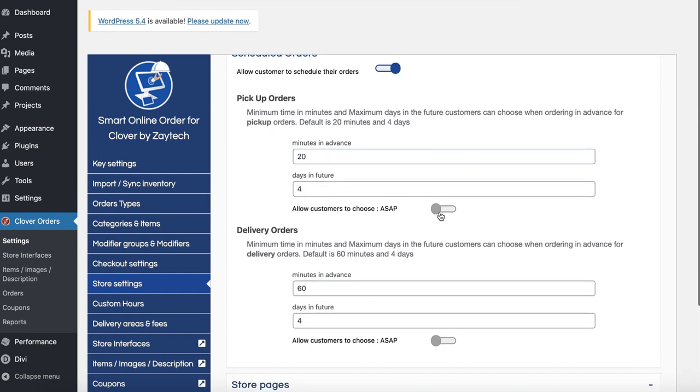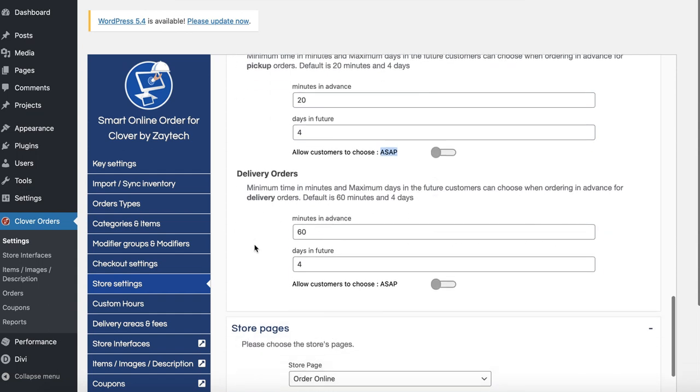This one, be very careful with this because ASAP can mean two different things. It could mean 2 minutes to the customer, or it can mean 30 minutes to you. So if you're selling something very quick, then you can enable this. If you're selling cookies, then you can enable this because cookies are very easy to make. Maybe they're not, I'm not exactly sure, but if they are, then enable ASAP. Let's go to the next one,